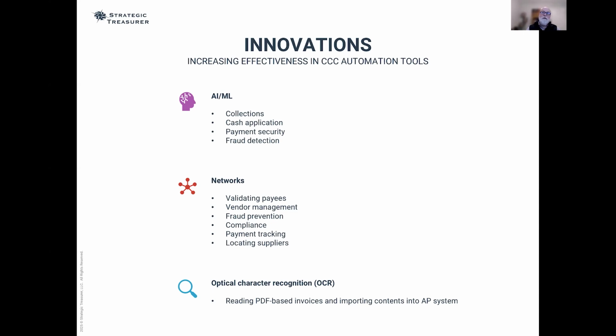When it comes to networks, a lot of times we think of the Swift messaging network, which does a great job of helping organizations validate payees and manage vendors to prevent fraud. So networks can be real beneficial in that sense. Also from a compliance regulatory standpoint, ensuring that you're keeping with or adhering to the rules that are out there. It can help with payment tracking